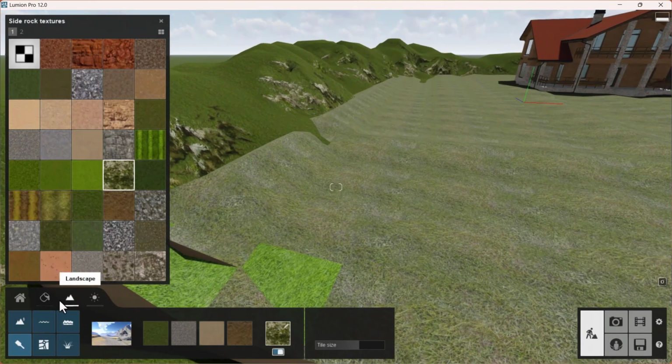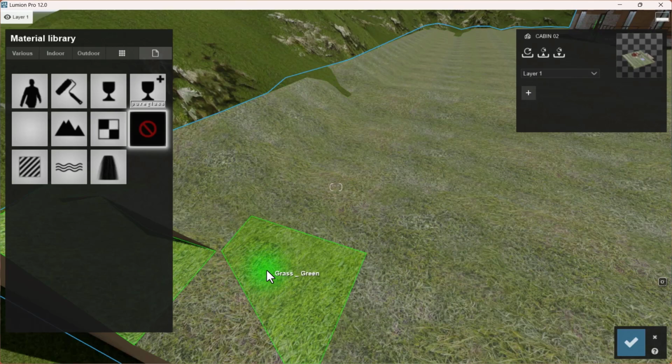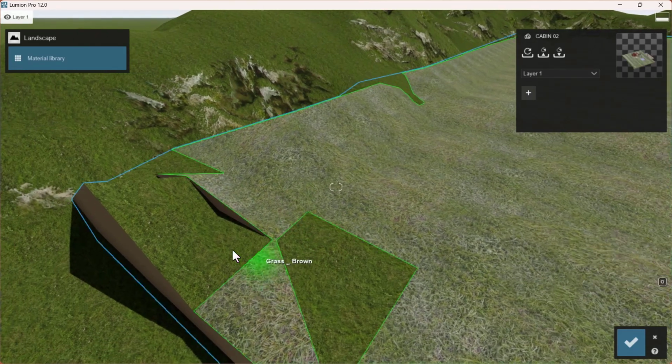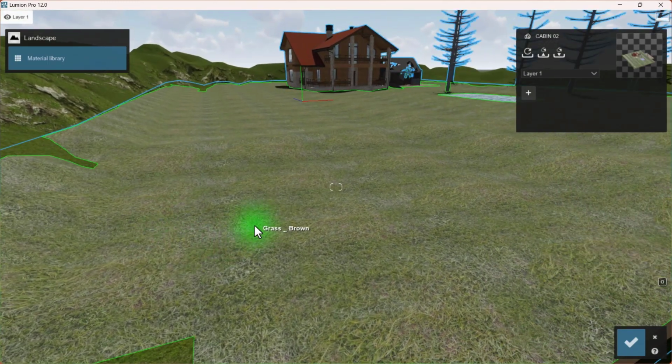So let's come to the materials. Now I want this first green to be my landscape green. So I've clicked on the first green. I'm going to come to landscape, and I've clicked on it. So I've just given this one and then this landscape grass the same color. That's the first stage. Now I'm going to click on this other one,